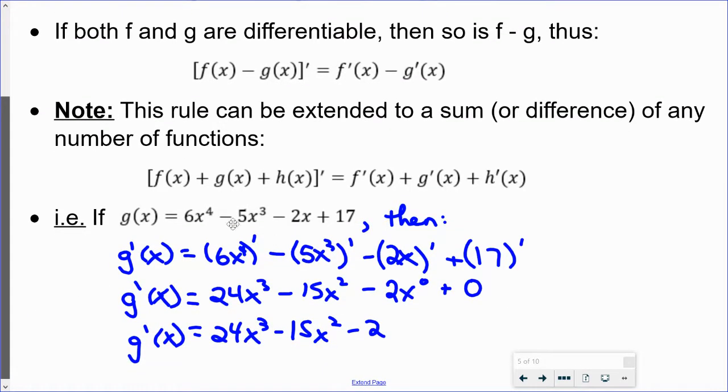So for example, something a little more complex, I have 4 functions here that are being added and subtracted. I'm going to look at each one individually. I'm going to take the derivative of 6x to the 4, the derivative of 5x cubed, the derivative of 2x, and the derivative of 17. Using the power rule and the constant multiple rule, I get 24x cubed. I get 15x squared. I get 2. Now this is x to the 0. When I take the derivative of x, notice I drop the 1, multiply by the 2 to get 2, and I have x to the 0, which actually is 1. And the derivative of a constant is 0. So tidying it up a little bit, I get